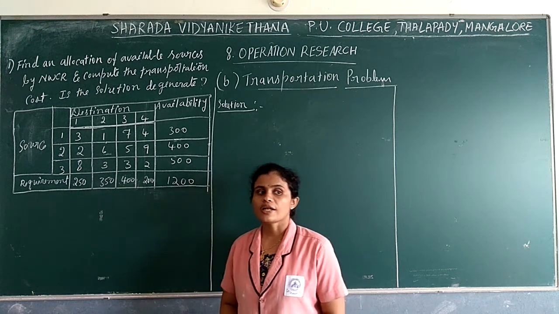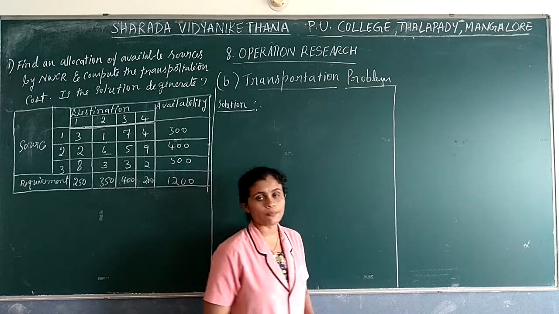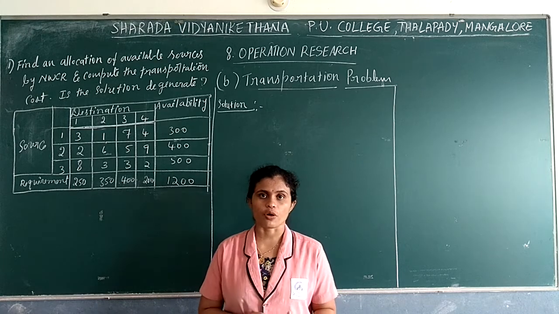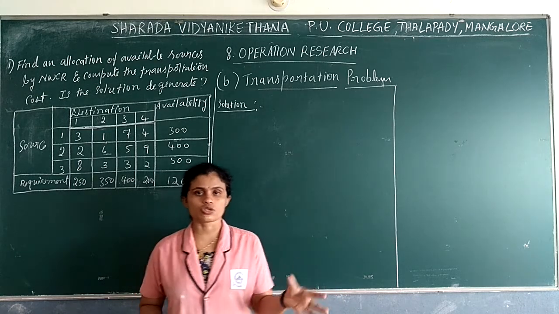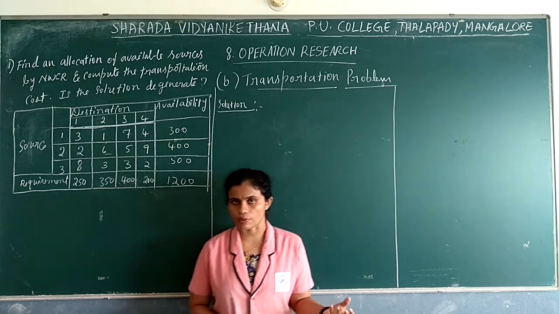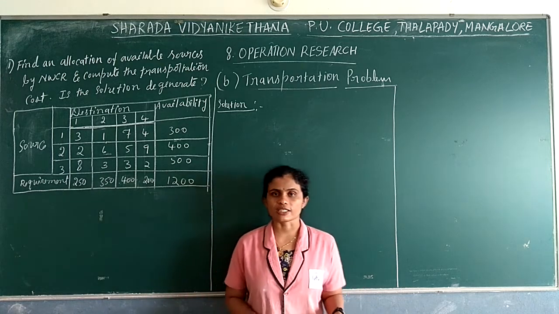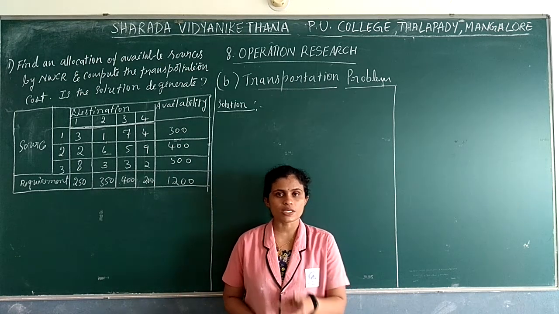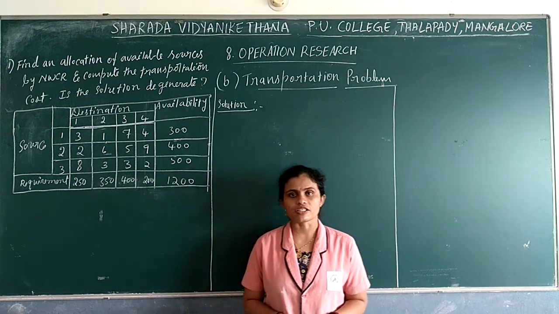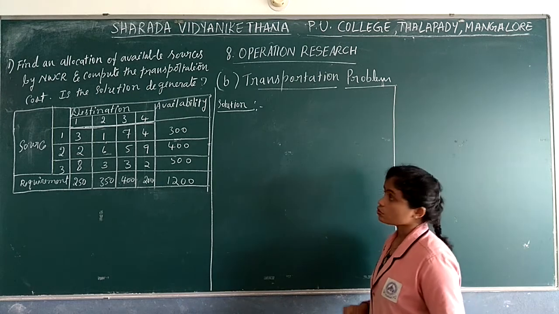Namaste students. In the last session we discussed what a transportation problem is, and we know that we present a transportation problem in a rectangular format. We also discussed the terms and basic concepts we use in the problem, and which methods there are. According to your syllabus we learn two techniques: the northwest corner rule and the matrix minima method. So we'll start with the northwest corner rule today.